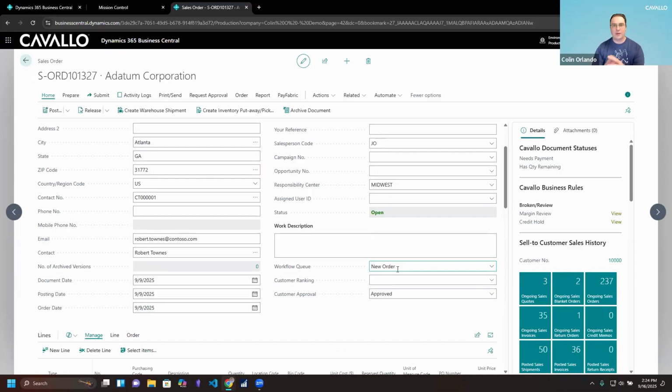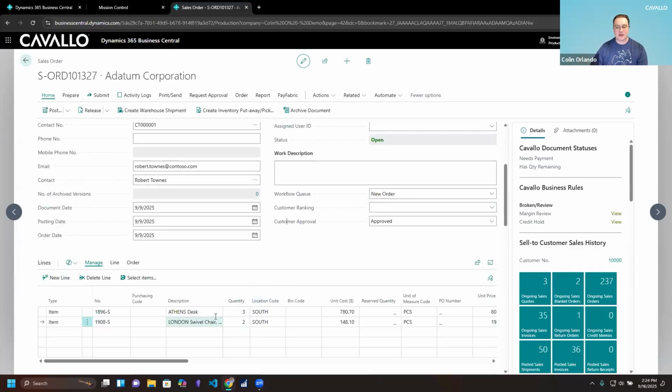So by default, no matter which channel my order is coming in through, whether that be EDI, whether that be e-commerce, whether that's a standard order, everything hits new order and you can logically route them from there. We're also going to give you full document status visibility and business rule visibility. So these will update real time as certain events happen in the system. And ultimately, you'll see as we process the order through, these will change. We've entered two line items, one in stock, one out of stock. And as I mentioned previously, we also have this order qualifying for a promo. It's essentially hard coded that if any desk item is added, it adds the promo item for us. So we'll see that as a part of our workflow as well.